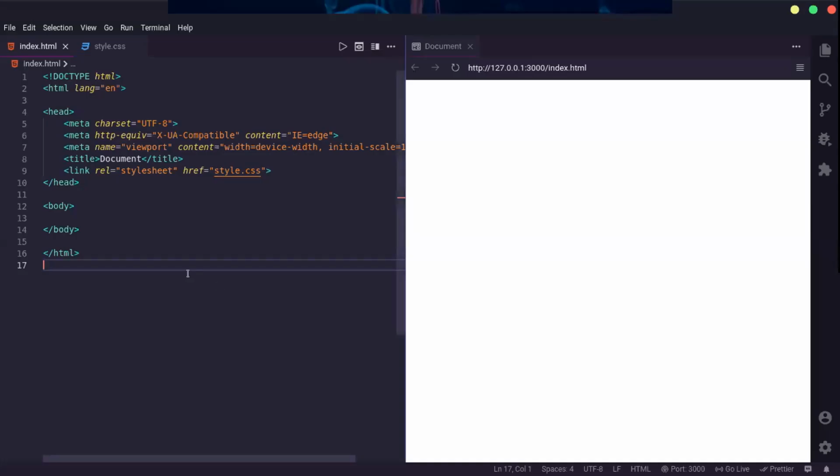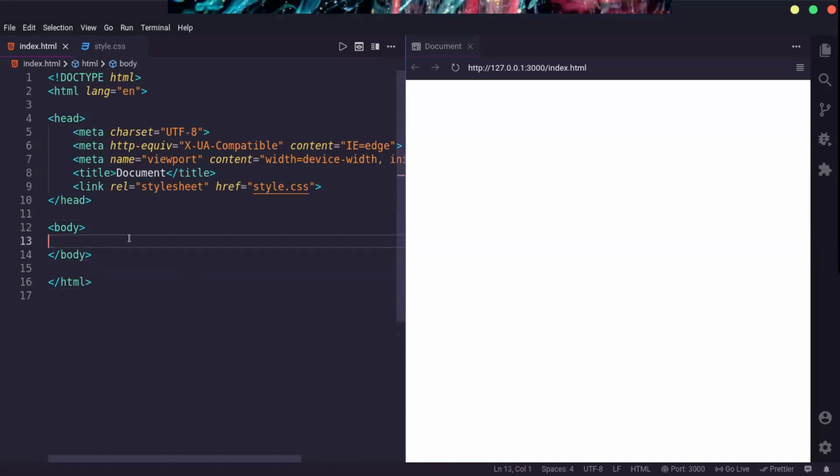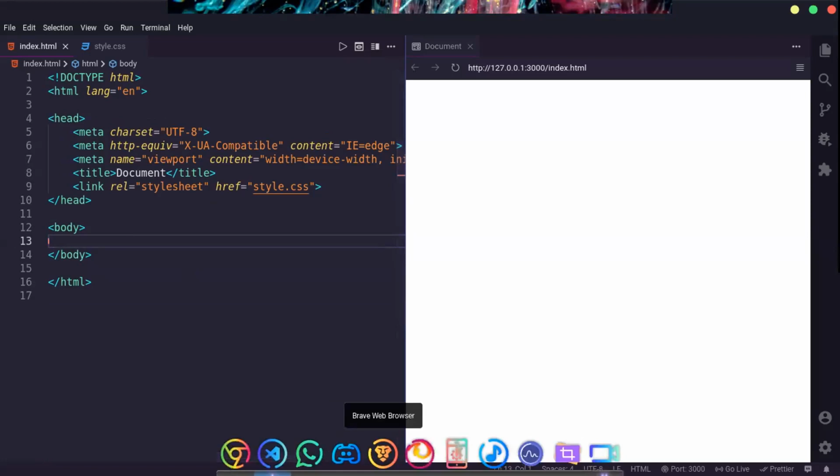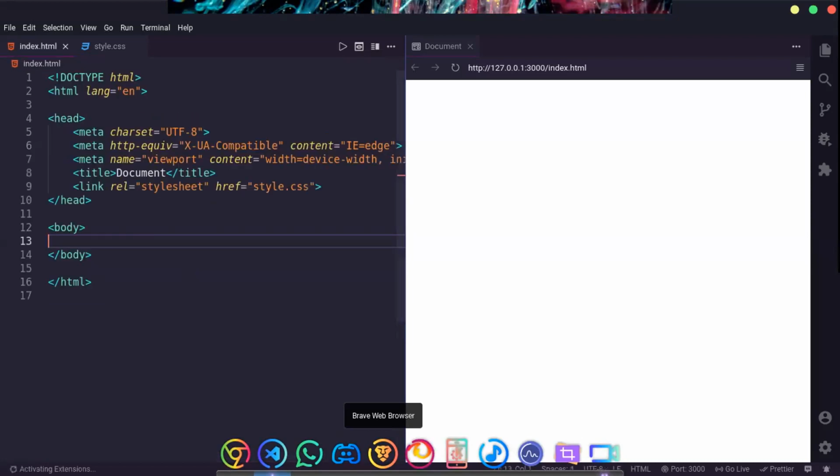Okay, so today, first of all, we will be going over the display property and the inline and block elements. Here I have a basic HTML file and I have linked the CSS file as well. So let's start.